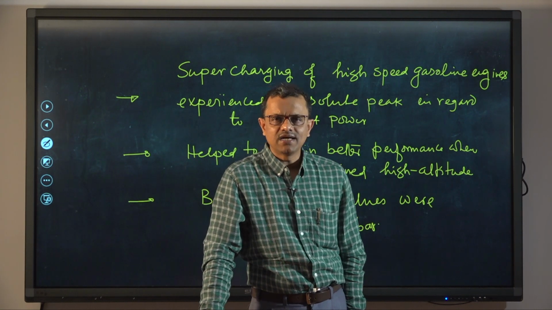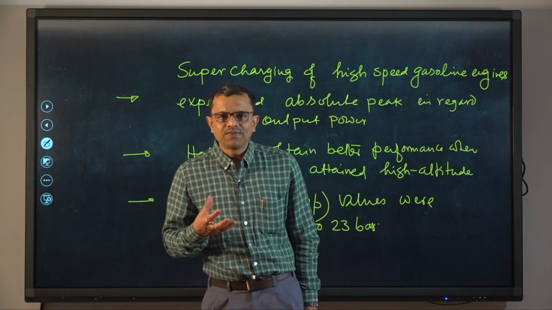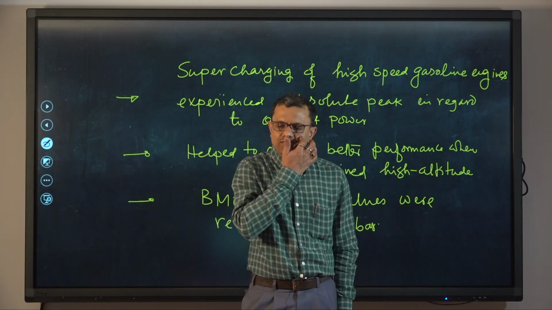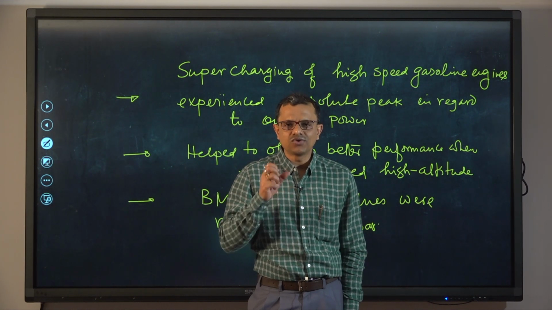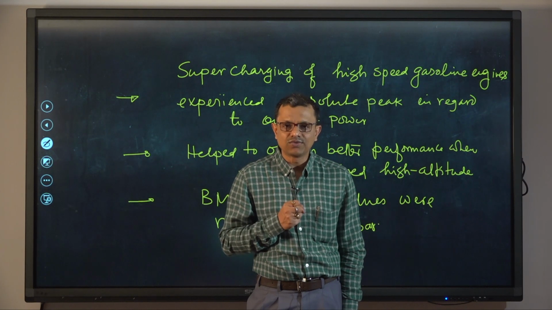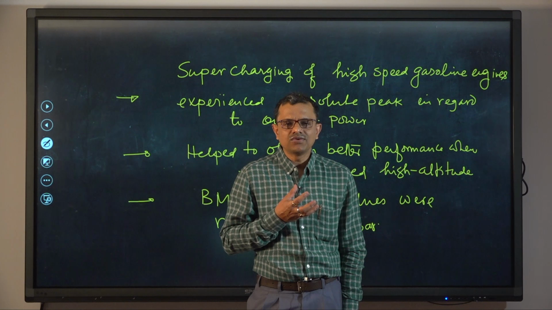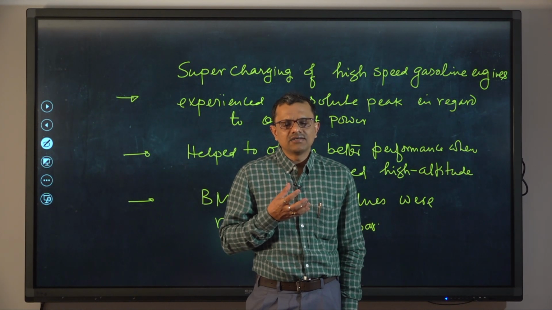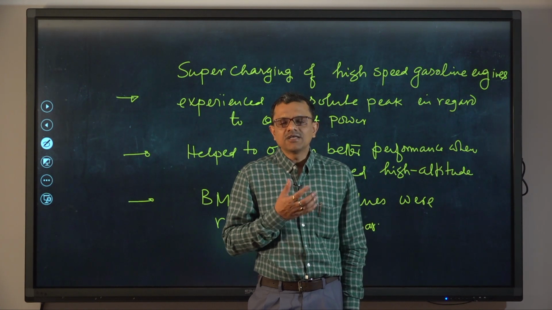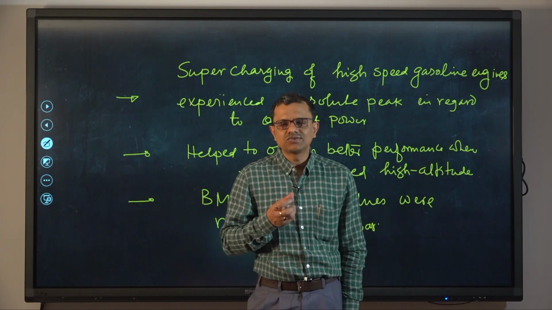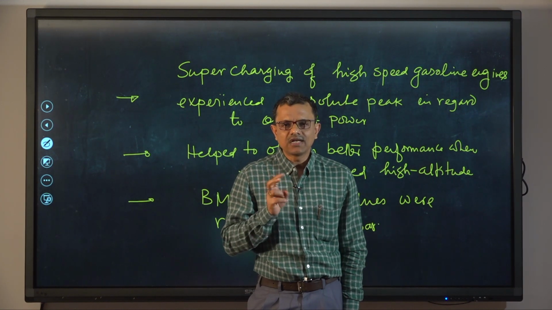Now, supercharging can be done by using a mechanical compressor, that means a mechanical turbo compressor. So, we need to have one mechanical device that is essentially a compressor to compress the air, or we can even use Roots blowers. So, we need to increase the pressure of the air. That can be done by using a mechanical turbo compressor, or there is a provision of using exhaust gases to run a compressor via a small turbine. That is known as turbo